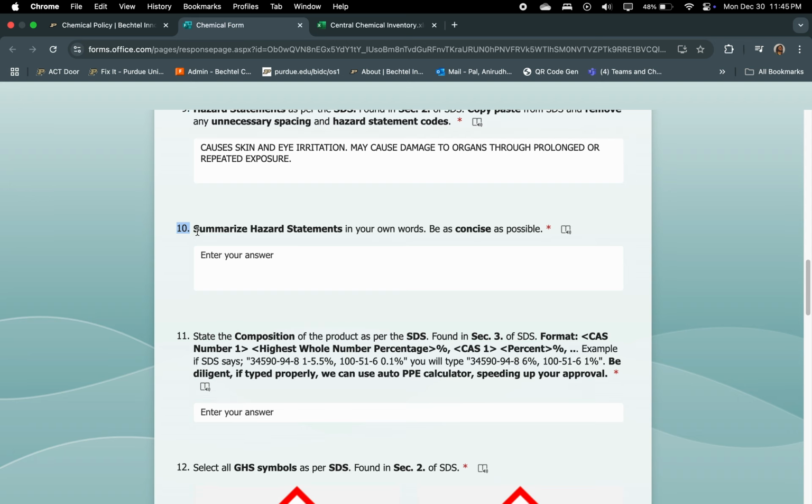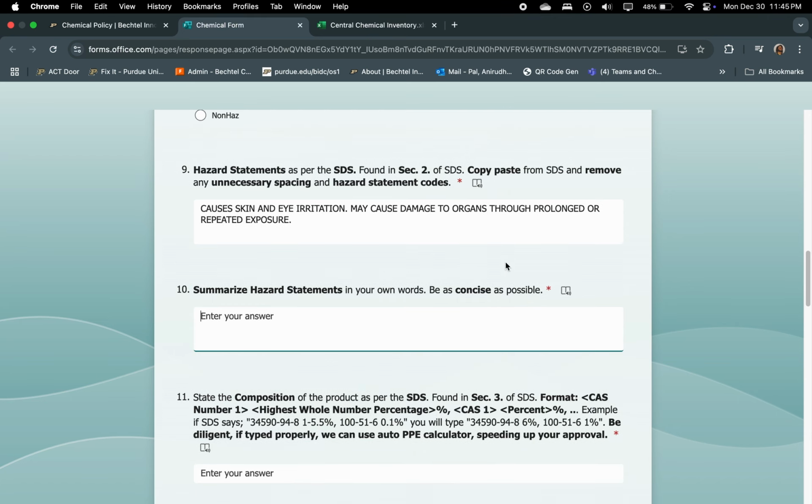Moving on to number 10, summarize hazard statements in your own words. Be as concise as possible. The objective of this is to have a very short set of hazard statements on the label on the bottle. To do that, I can summarize information. So causes skin and eye irritation, along with causes damage to organs, can be shortened into causes skin